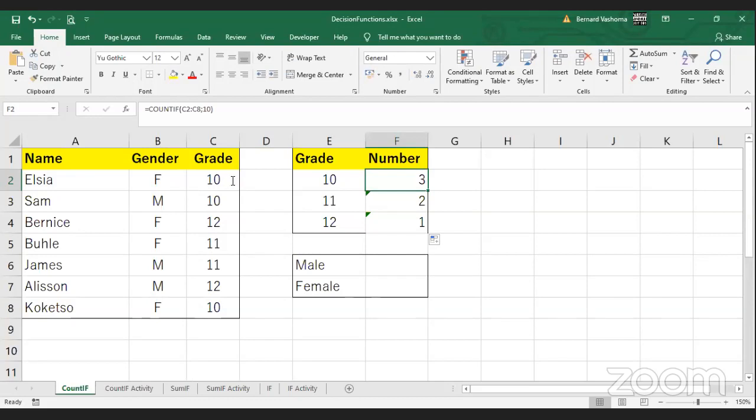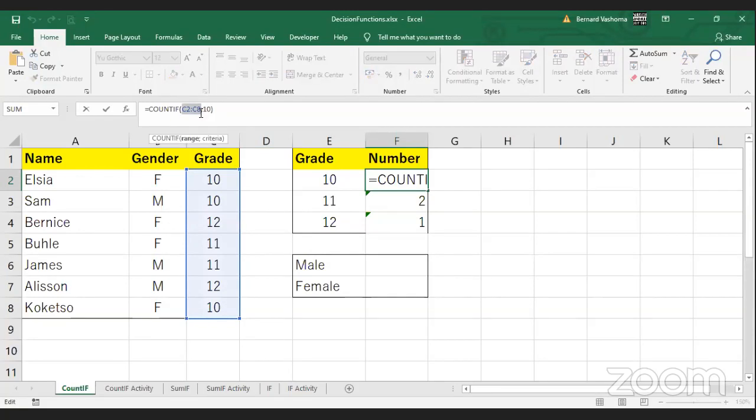All right, so we're going to absolute this range. So you just highlight it. Then on your keyboard, you press F4. But if you're using a laptop, make sure you press the Fn and F4 key. Do you see what happens there? All right, so now if we copy down,